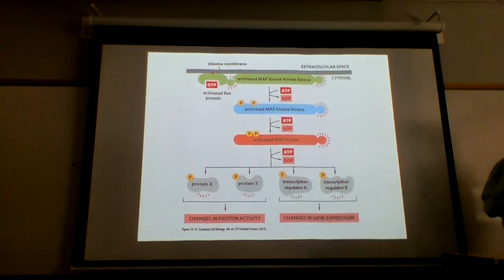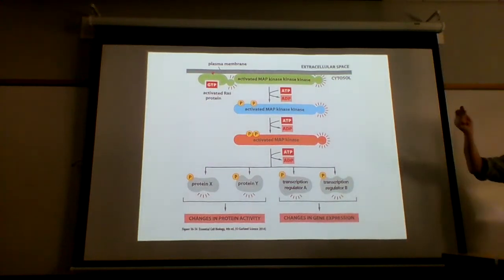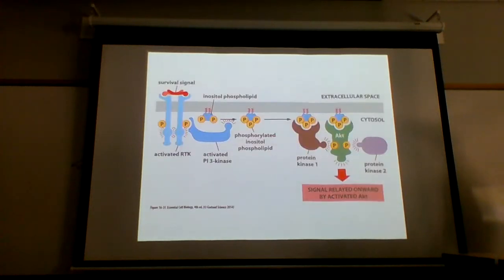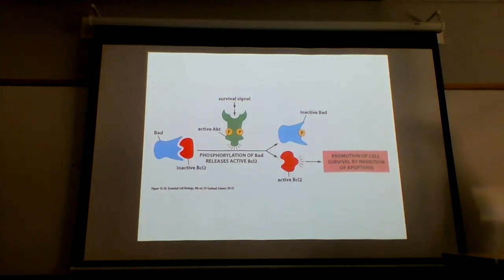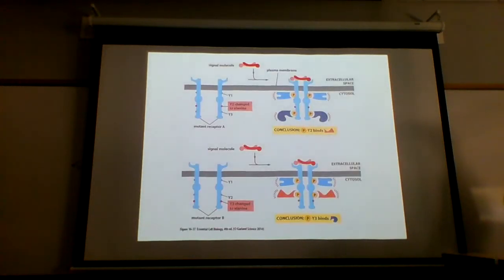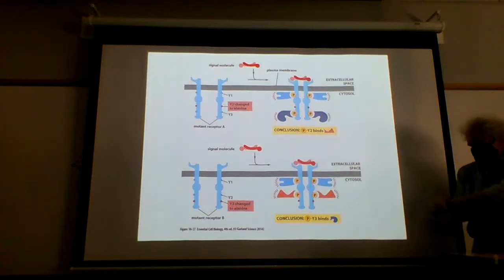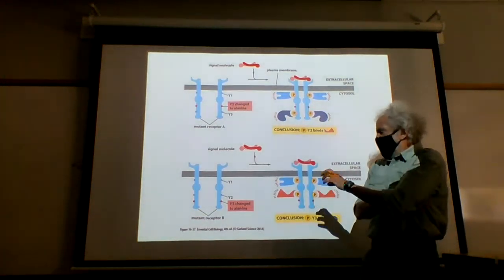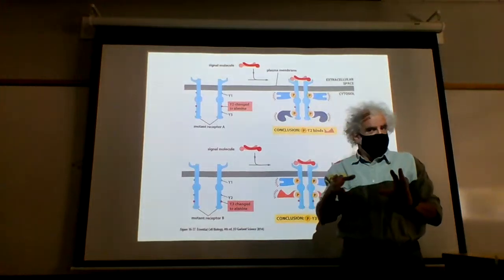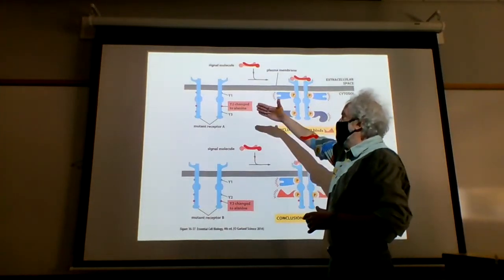And this is having a whole range of effects. We got changes in protein activity real fast, and then we have changes in gene expression much slower. There's all kinds of things, and people will begin studying their very own kinase or their very own signaling protein. And a couple of things you can do is carry out some interesting directed mutagenesis experiments, looking to see what the different kinds of